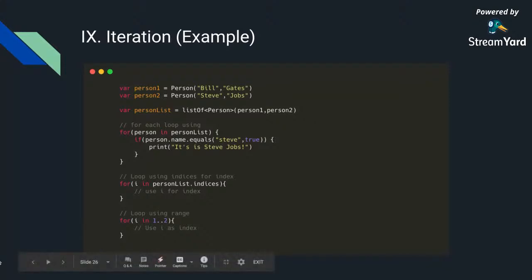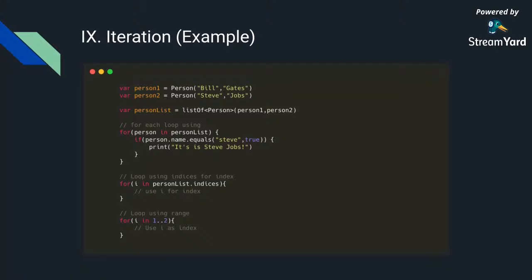Now we'll go through the iteration. So how do you iterate? The first example for iteration is what we call a for each loop. How do you write this? In Java, you would probably write for, let's say, an item, then a colon, then the list, and iterate that. Similarly, in Kotlin you also write it, but instead of a colon, you write the word in. So how do I read this statement? What this for each loop is saying is, for every person in person list, do something. It will go through every person object in the list and execute the code.